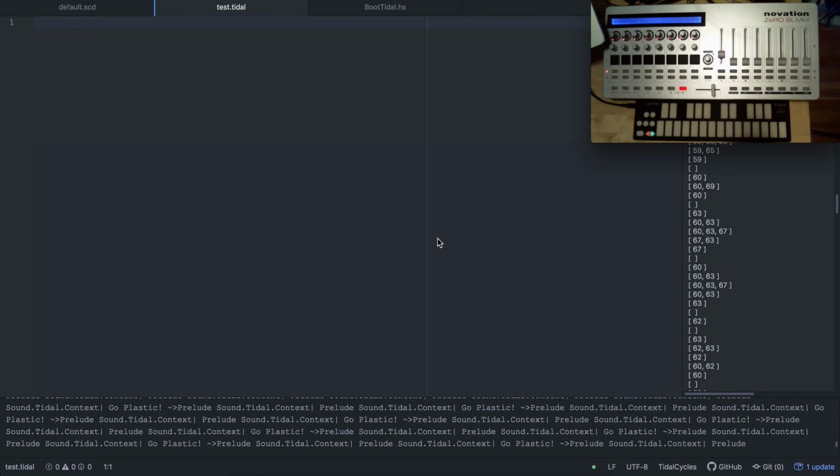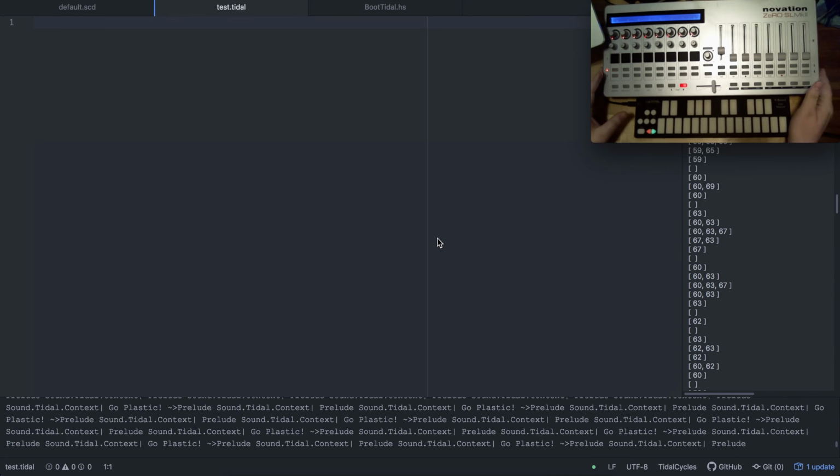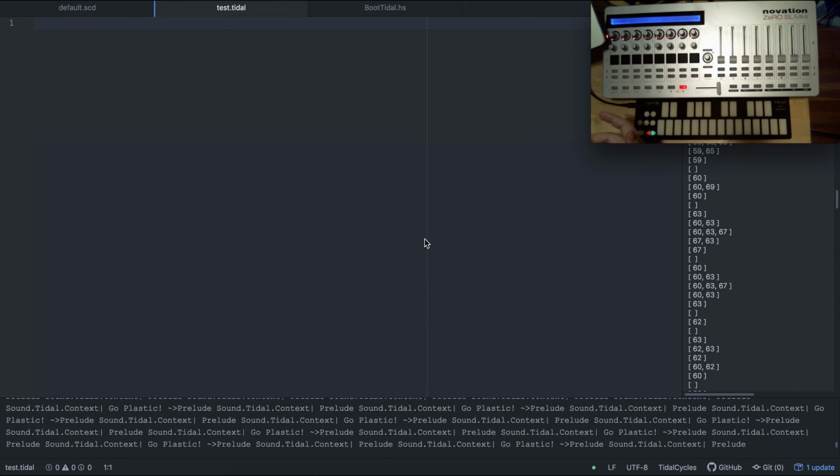But something cool that I really wanted to talk about, because it's super powerful, is the ability to send notes and, more importantly, chords into TidalCycles. So we're going to demonstrate some of that, and we're going to make some cheesy electro house stuff. So let's get going. The first thing we need to talk about is the SuperCollider script that makes this all